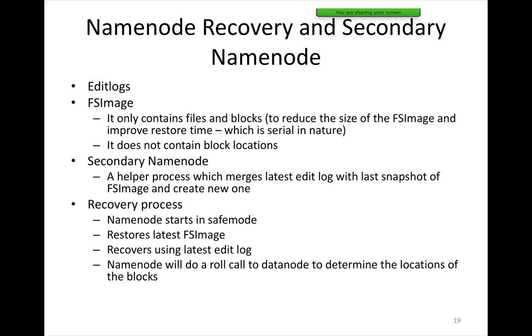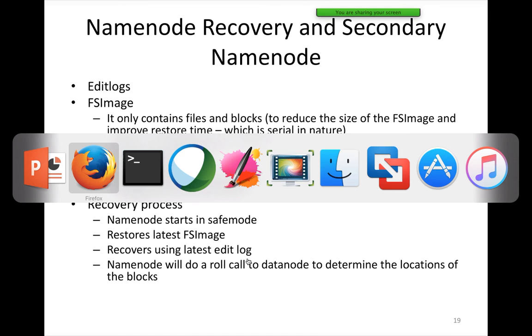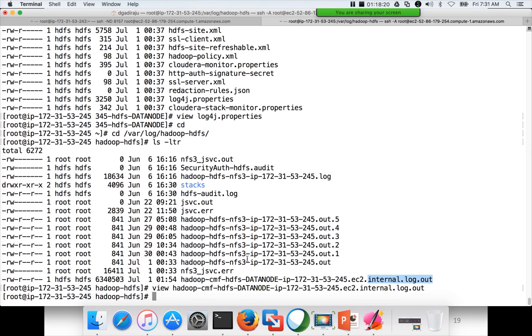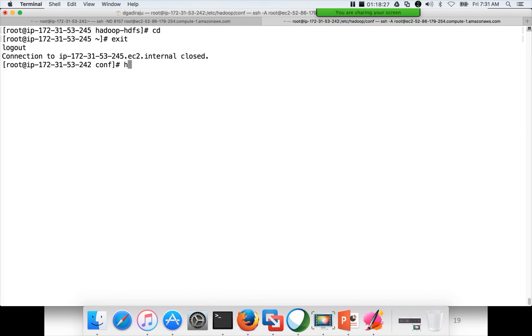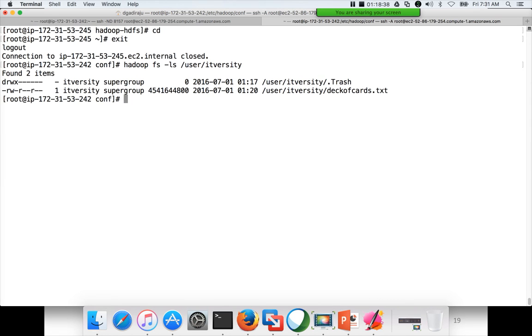physically in them. Okay, so when we actually look into the details about a file, using this Hadoop command, hadoop fs -ls /user/itversity, where we have copied that deck of cards.txt, this file is stored physically as blocks in HDFS, and that means that a file has block IDs associated with it.